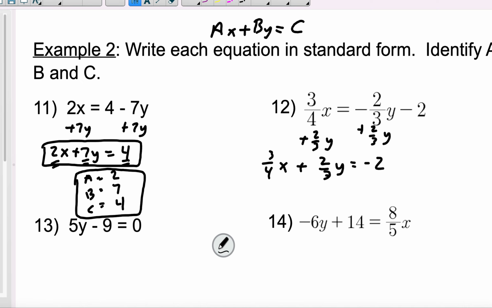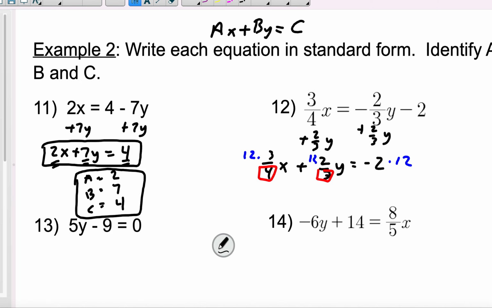We can't have fractions. So what you want to do is when you look down the denominator down here, the denominator down here is 4, and the denominator over here is 3. So what's the common denominator between 4 and 3? Or you could just multiply them together and you get 12. So you could say 12 is your common denominator. So you're going to multiply every single term in here by 12 to get rid of that